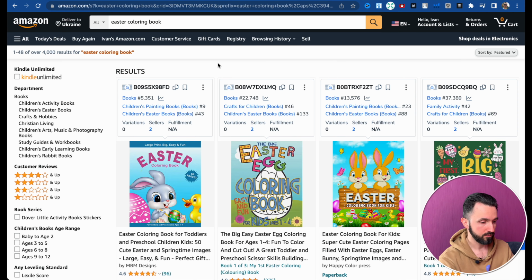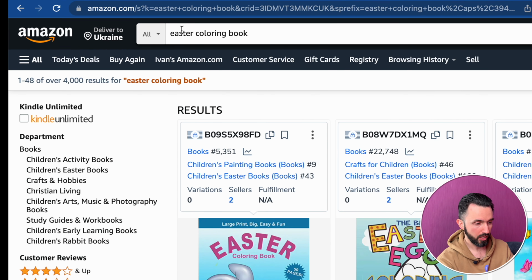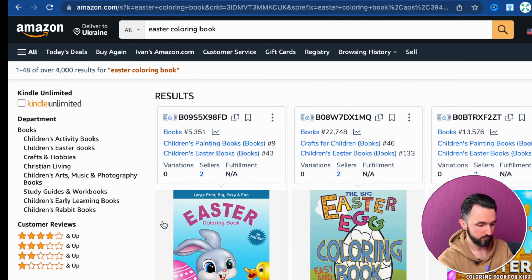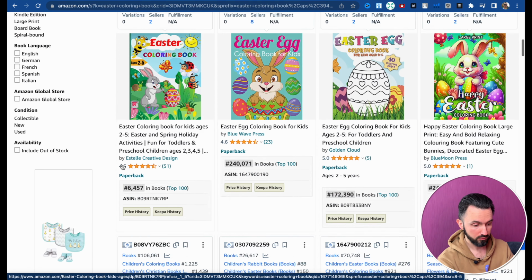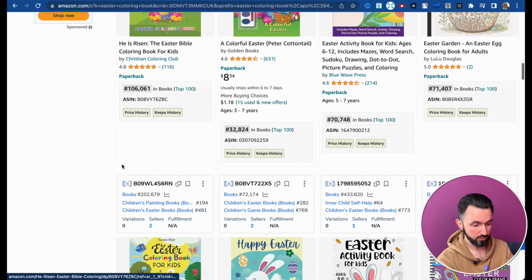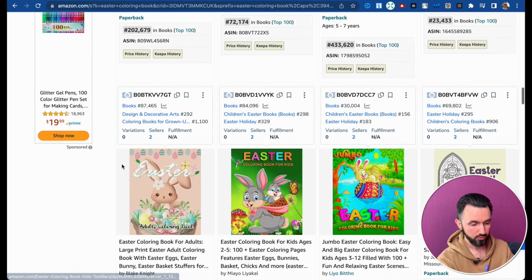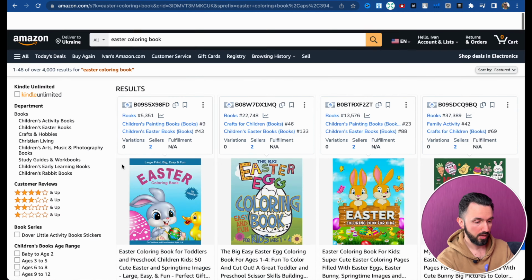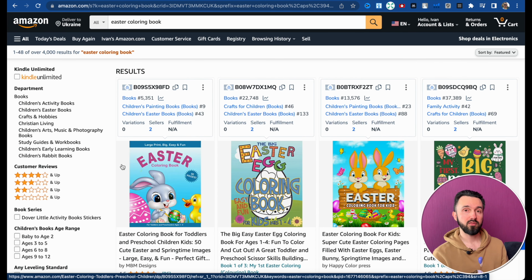Let's go to the Amazon website. This is the Amazon website. As you see, I typed Easter coloring book. There are 4,000 results. There are a lot of different types of books and you can choose whatever you want. But you need to remember the vital thing that I remind you all the time. You need to find such a niche where there are not so many competitors but a good demand